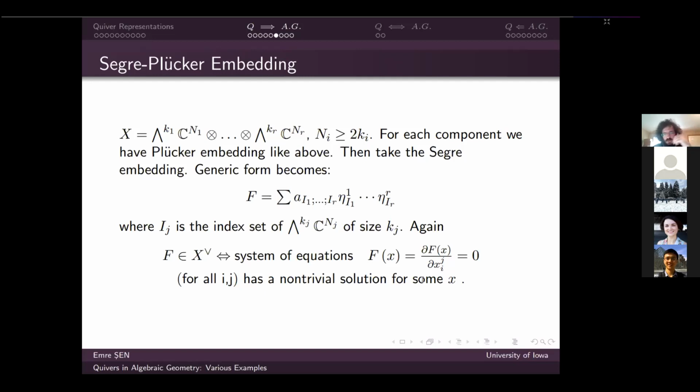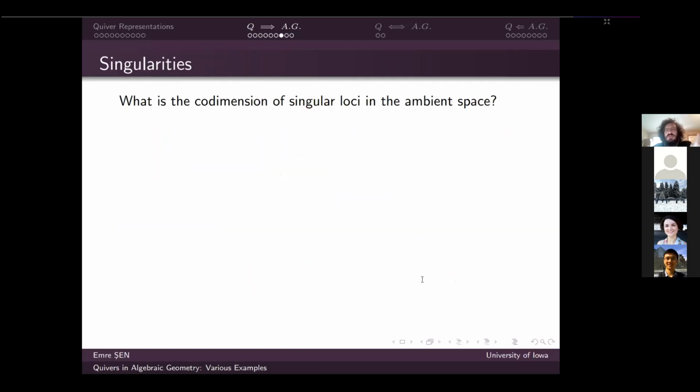This is a kind of a huge expression. And again, we can play the same game. We don't know the defining equations. It is almost impossible to even write down, even for the known systems. But what we know is that F belongs to the dual variety if and only if we have a non-trivial solution, right? And how are these things related to the quivers or the gradings or